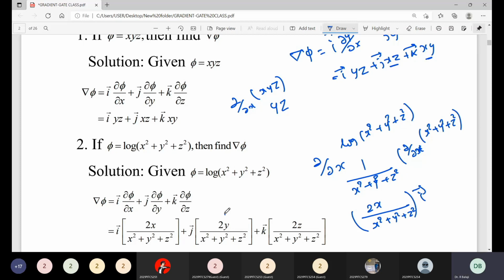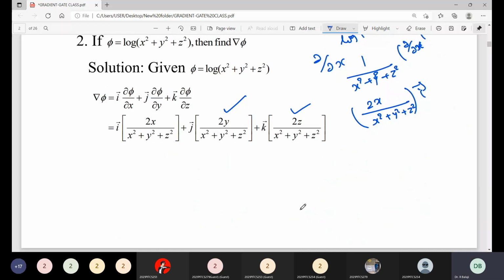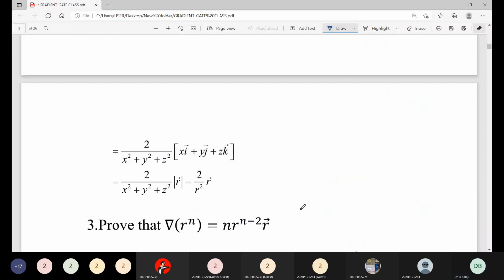Similarly for j vector and k vector, differentiating partially with respect to y and z. Now, 2 divided by (x² plus y² plus z²) into (x i vector plus y j vector plus z k vector),